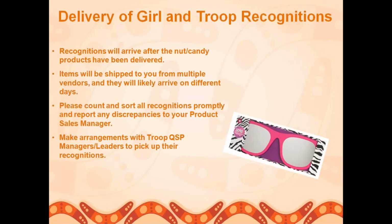For your troop recognitions, these will be coming in after the nut and candies arrive, most likely the end of December and beginning of January. They are coming from a couple different sources. Most of them are coming directly from QSP. Your t-shirts are coming from Mr. D's Tees, and then 3 items: the large sunglasses mirror, the sequin tote bag, and the sleep mask will be